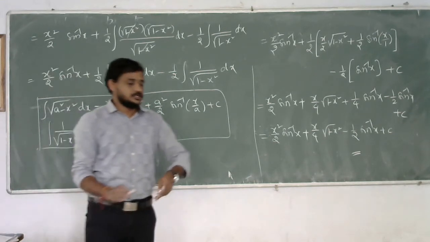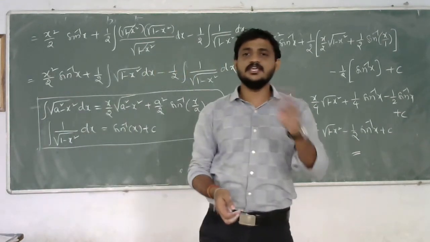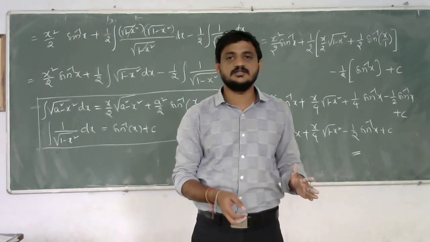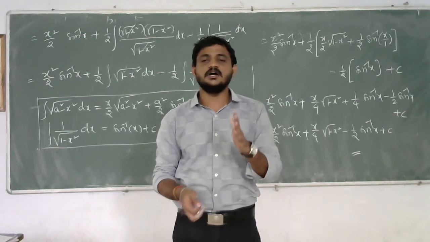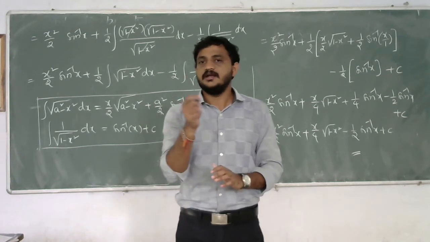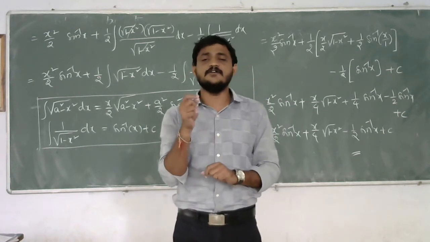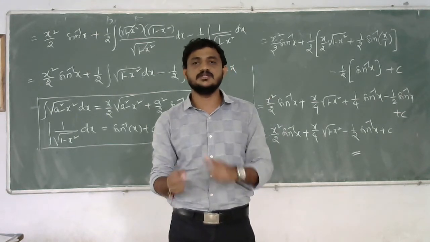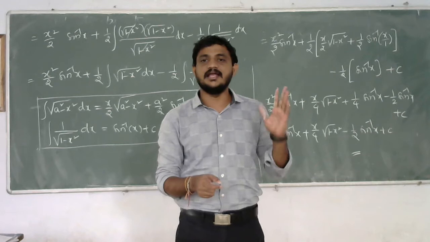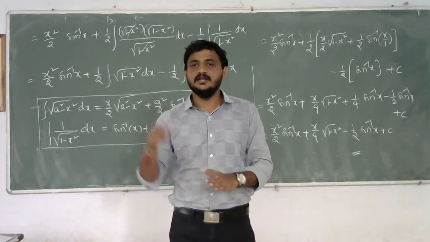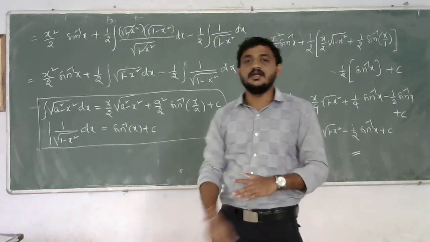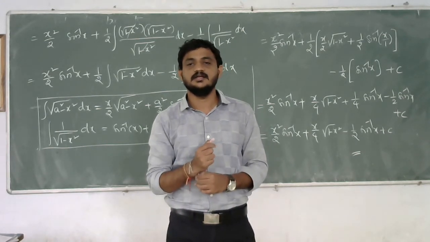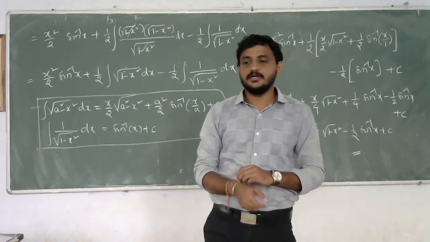Okay. See, if in the given question it is a product of two different kinds of functions, first we have to recognize which value we have to take as u and which value we have to take as dv by using the condition, that is order I. Then we have to use the integral udv formula, then evaluate the given integral. Right. So let us see one more problem here.